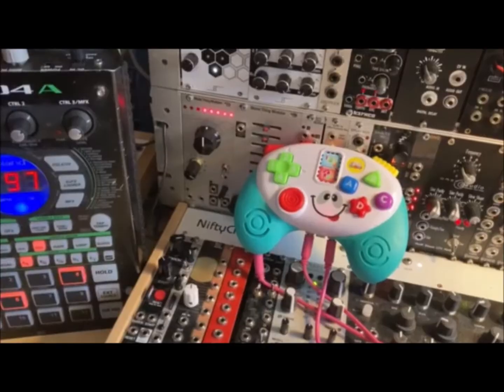The bends are there, there is lots to do, but it really is what you want to get from it. So if you want 8-bit glitchy sounds, then